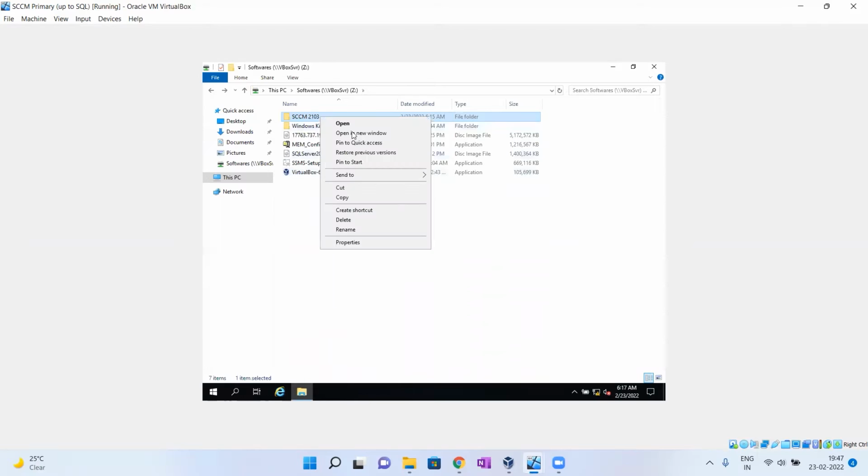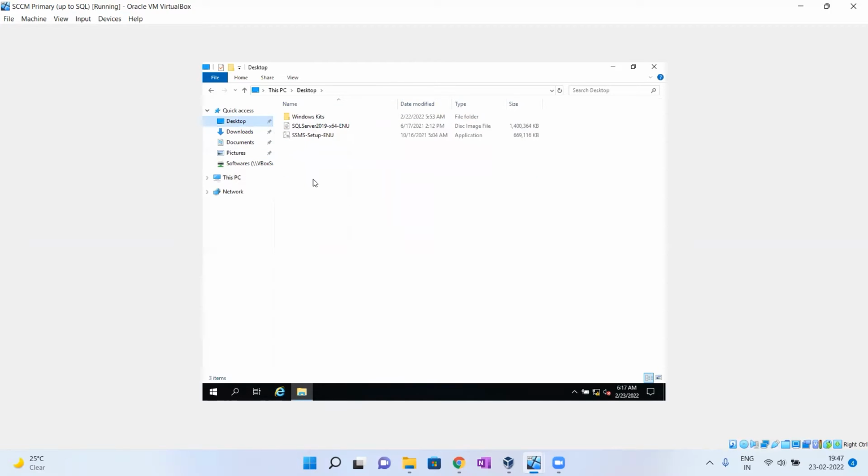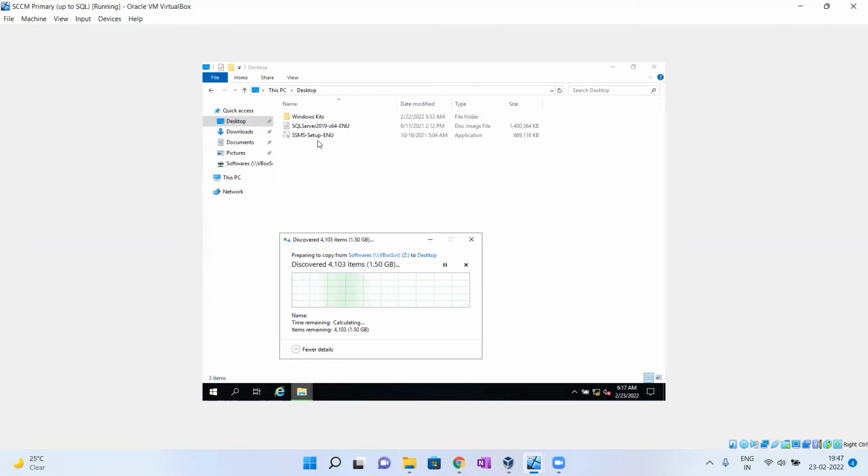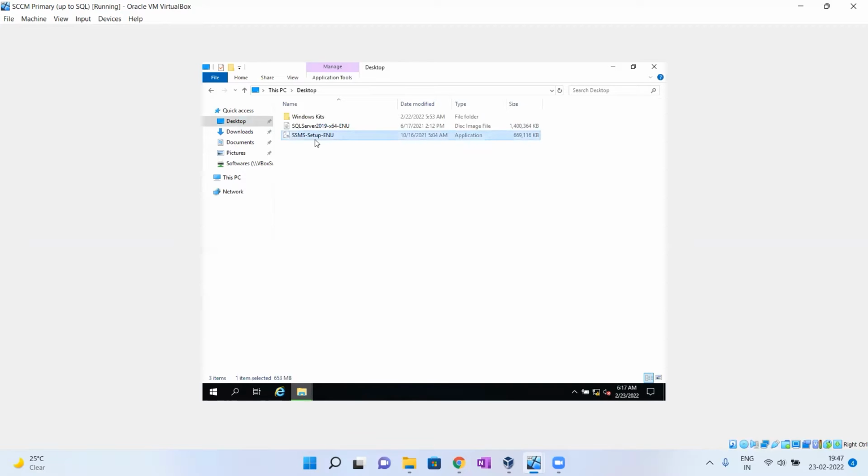Let me copy the total folder to the server desktop. These set of files are not required anymore. I'm deleting them because the C drive space is getting full. Windows toolkits we already downloaded and installed, and SQL Server also we already installed. SSMS also we already installed. Now these files are not required.